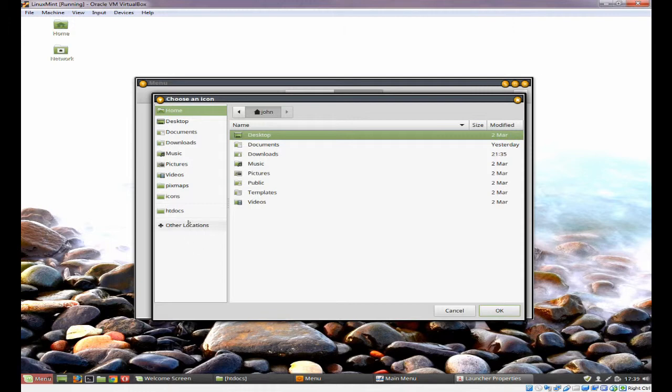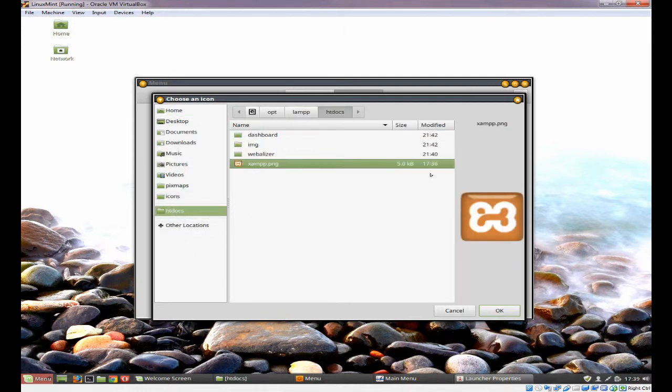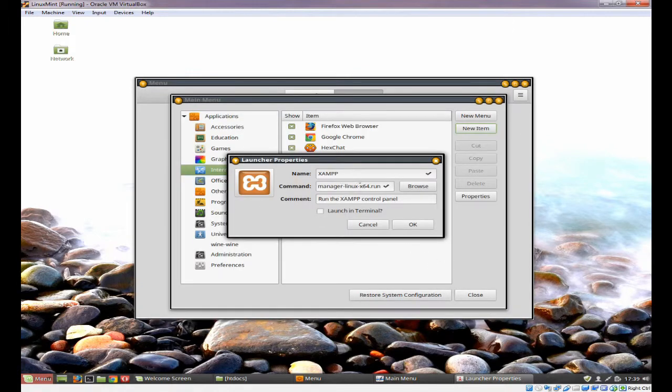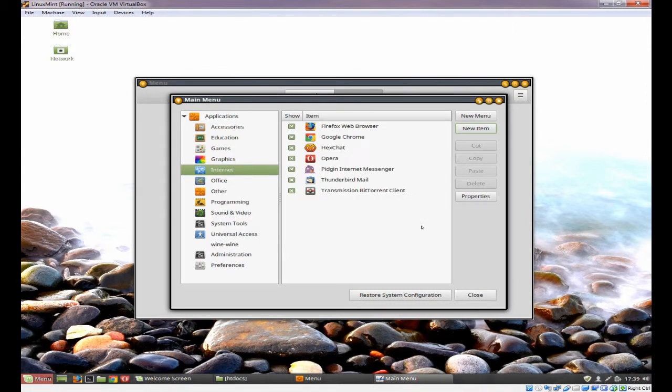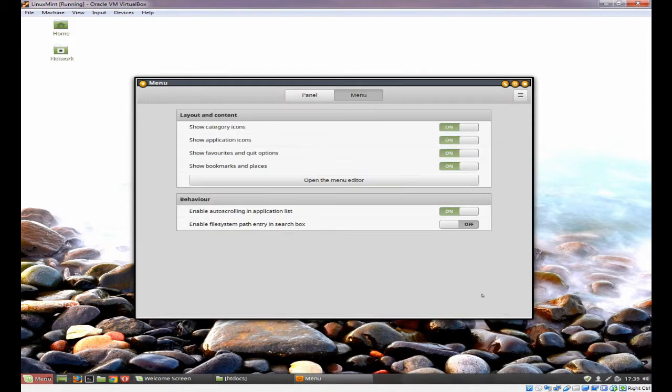If we click on htdocs, you can see there is the icon we created. Click on that, click on OK. So we now have the icon. Click on OK, and you'll see it appears in the main menu section. Click on Close, and you can close the menu editor.